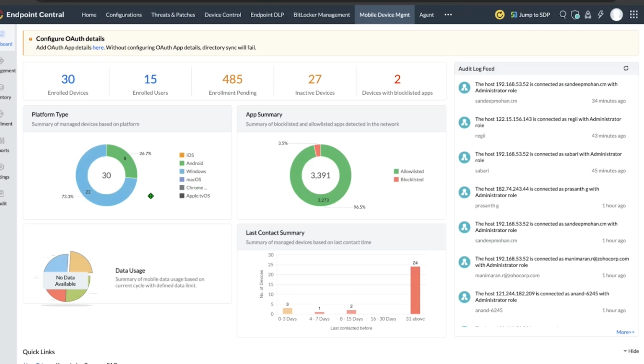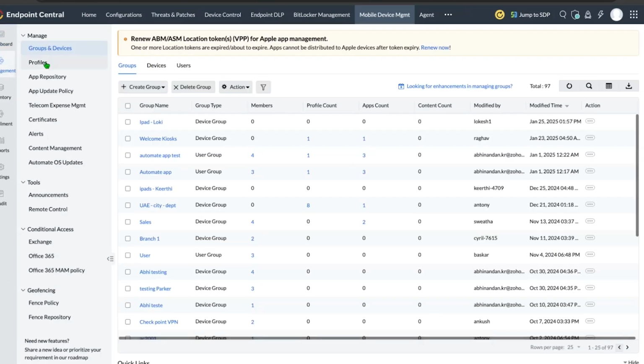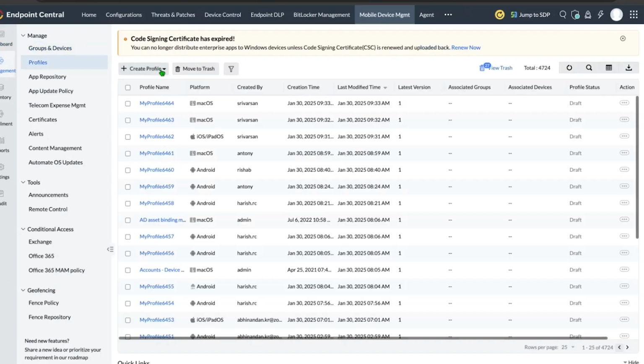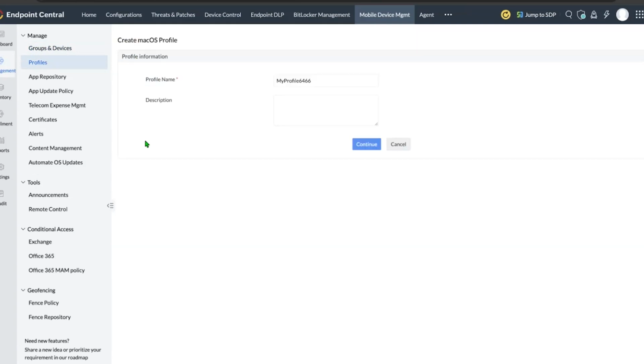So there is no need for you to perform any additional enrollment process. So for the Mac devices, admin John can navigate to the management profile section and create a profile for the Mac OS devices,